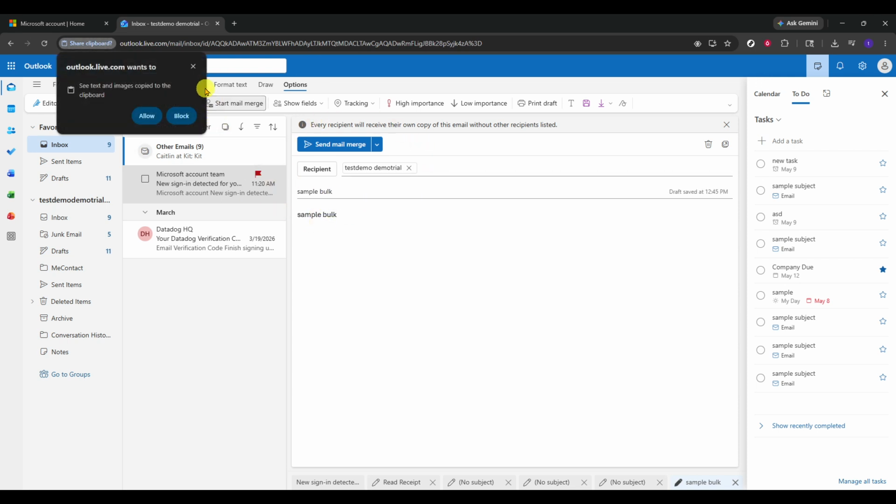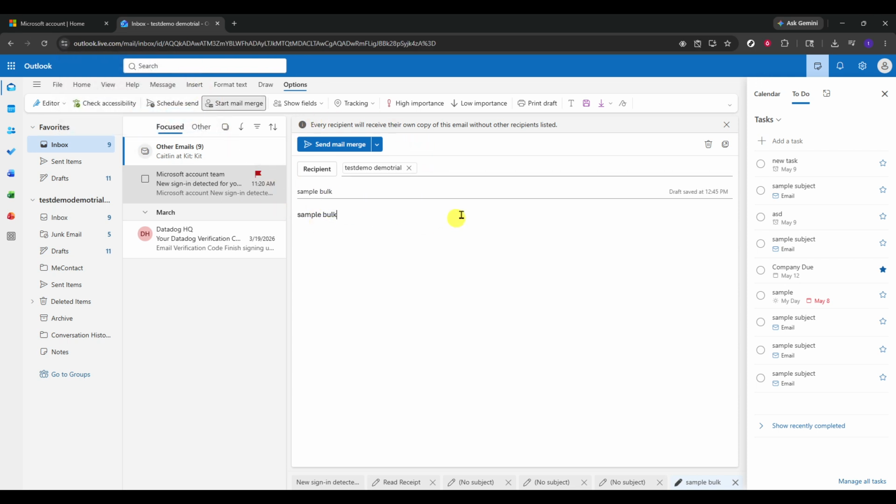A few best practices as you proceed. Send only to people who expect to hear from you. Keep your subject clear and aligned with the content, and avoid excessive images or spam-triggering phrases. Consider sending a small test to yourself first so you can confirm formatting and links. Finally, be mindful of your organization's policies and applicable regulations, offering a clear way for recipients to manage their preferences